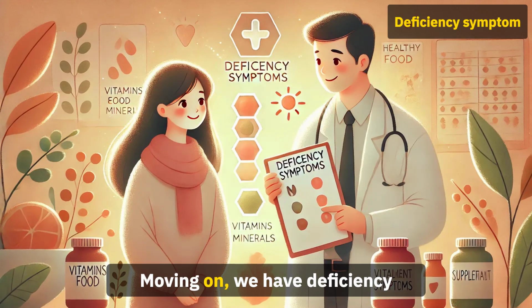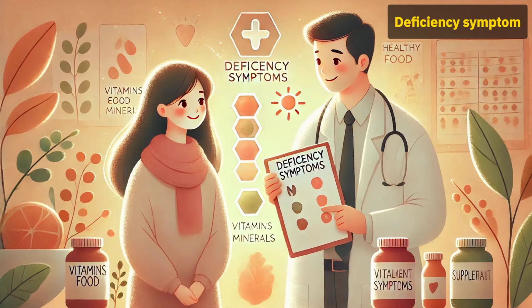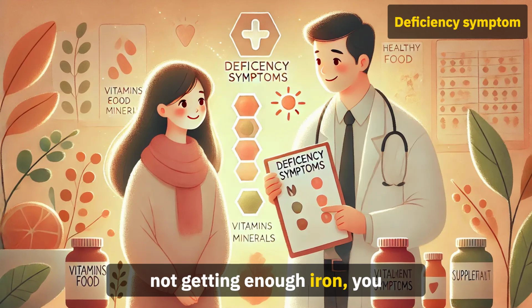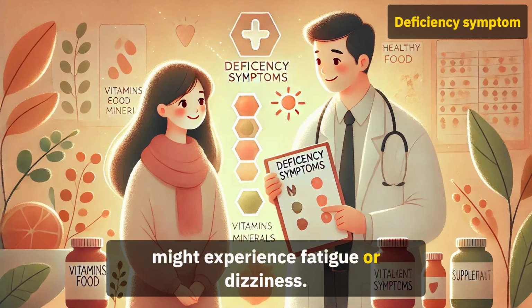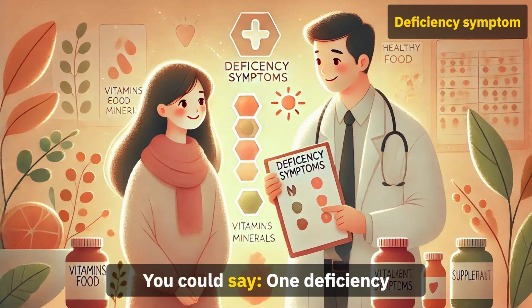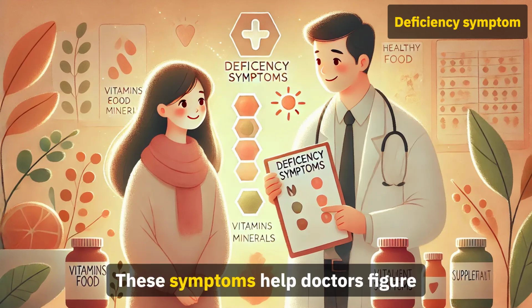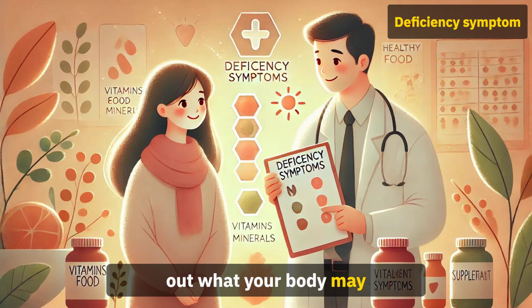Moving on, we have deficiency symptom, which is a noun phrase. It refers to any sign or manifestation that someone is lacking a certain nutrient or mineral. For example, if you're not getting enough iron, you might experience fatigue or dizziness. You could say, one deficiency symptom of low vitamin D is bone pain. Another example, hair loss can be a deficiency symptom that indicates a lack of protein or important vitamins. These symptoms help doctors figure out what your body may be missing, so you can correct it through diet or